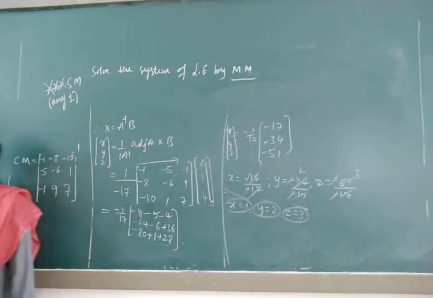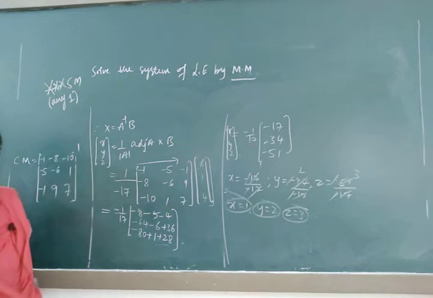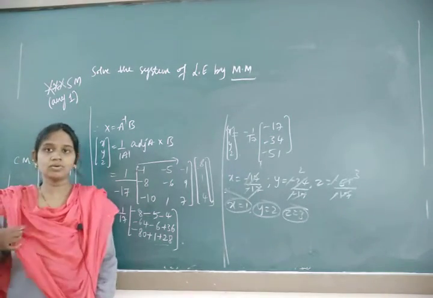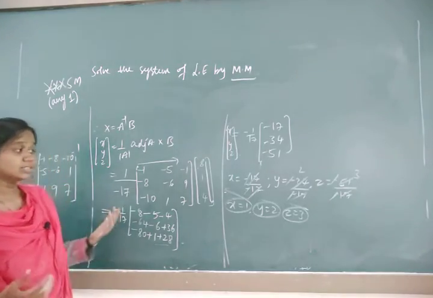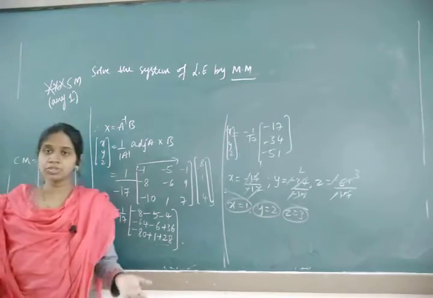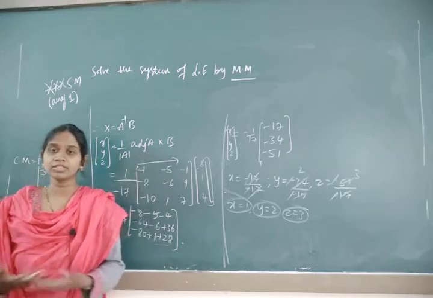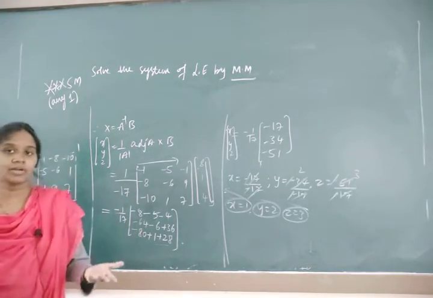In this way you have to simplify the problem. X equal to 1, y equal to 2 and z is equal to 3. Is this value correct or not? You just substitute in the given question, your verification will be there. By substituting you have to get back the RHS.